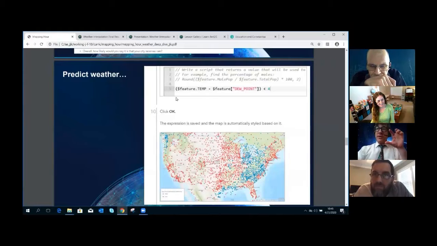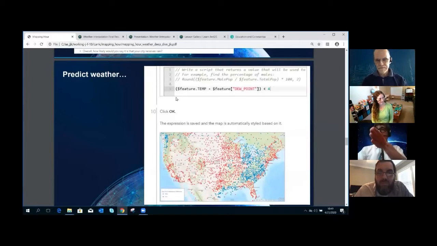What we do in this section is I have the students subtract the dew point from the temperature, and if it's less than 4, remember in this case it's degrees F, that means the dew point and the temperature are pretty close, and that's a predictor of it's going to be saturated or close to being saturated. There's probably precipitation in those areas. So what they do is they then stylize the map, as you can see here, false or true, based on